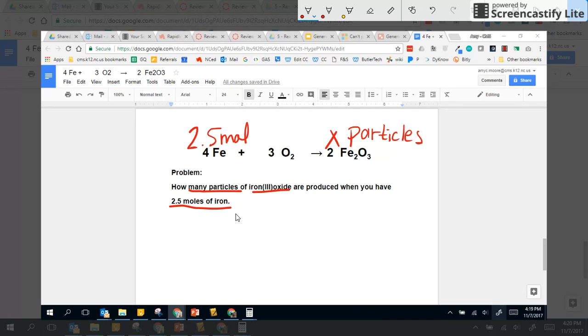Okay, so next step is to drop our coefficients. So the 4 and the 2. All right, and then because it says mole here, we're going to multiply our coefficient by 1 mole. But this time it says particles. So when you're multiplying by particles, you're looking for Avogadro's number, 6.022